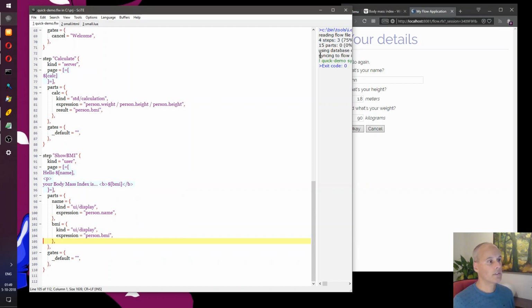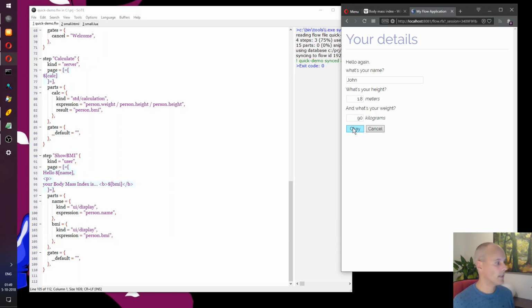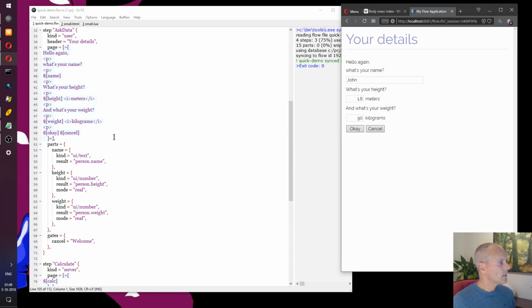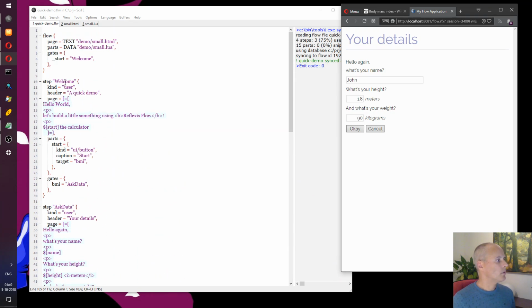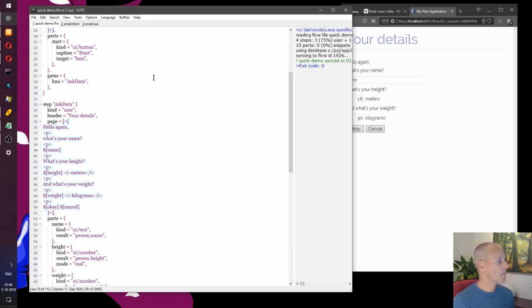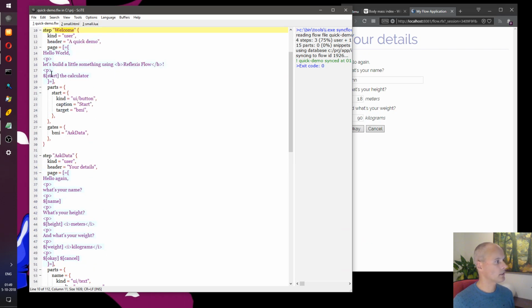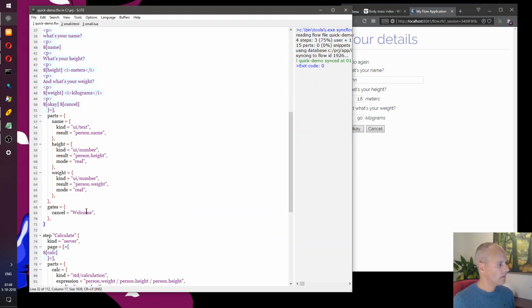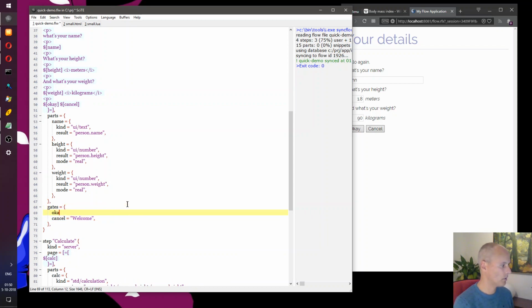Do this, synchronize it. That's why there's something happening here. And let's see. Oh, I forgot. So let's do a quick review. We have a welcoming step. From there, the start button gets us to the form where we ask for some input. The form has an OK button and a cancel button. The cancel button we already wired, but the OK button wasn't wired yet.